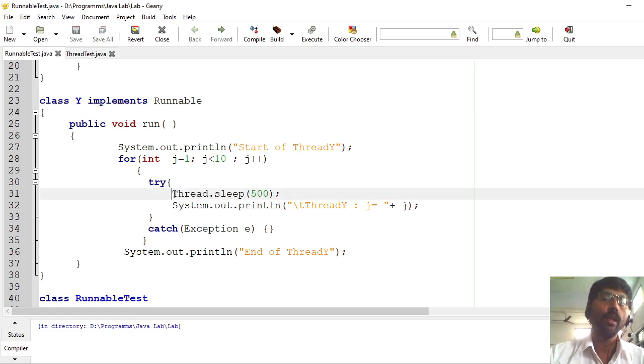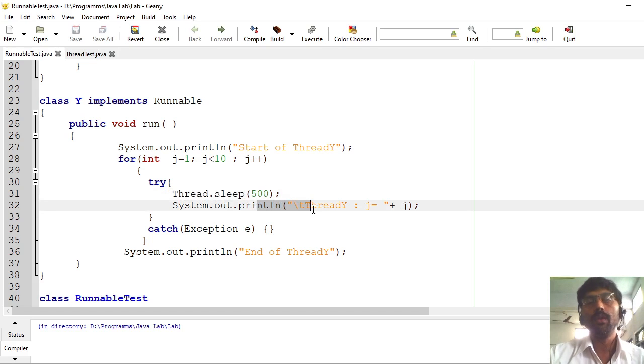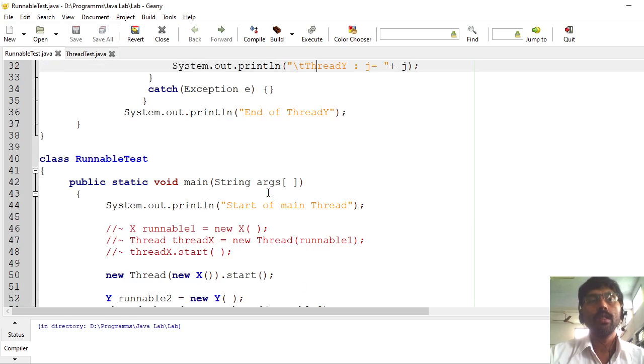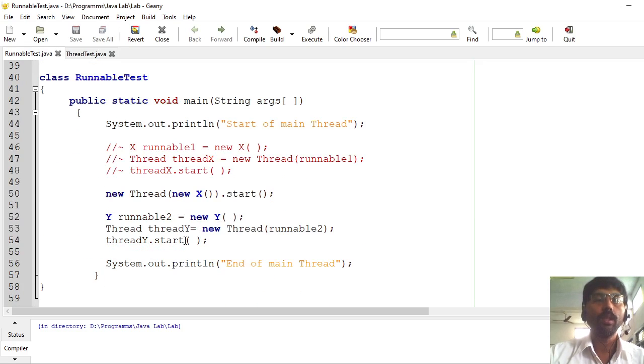So I have to call that sleep method using Thread.sleep. So it will wait for half a second, then display the value, go for the next loop, again wait, and execute the value. Like that the process continues here. Now this is the same process I explained here with the output.